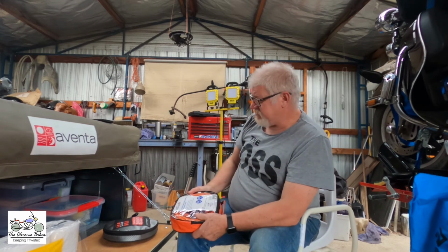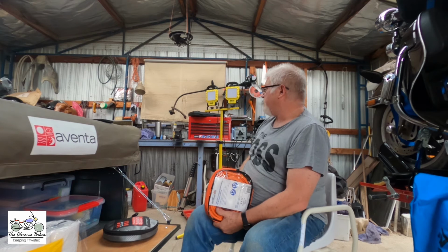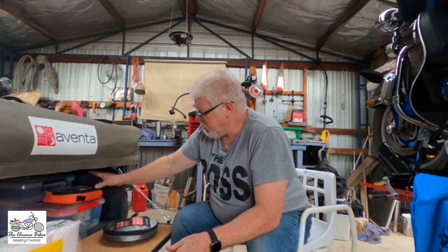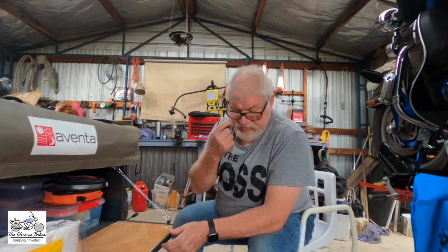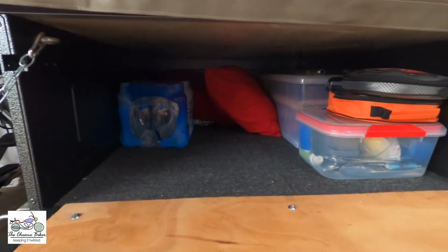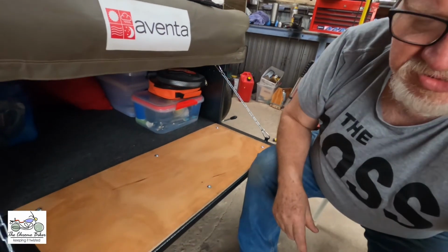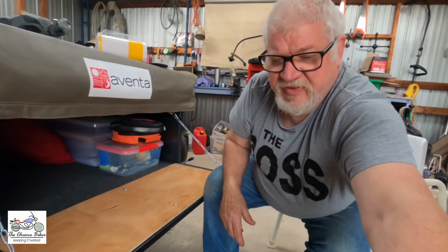I might have to find myself a power board and throw in here as well. I've got plenty of them laying around, but I'll throw that in there as well. So apart from that sort of stuff, as you can see, I've still got tons of room in there. So that's great. So in addition to that,